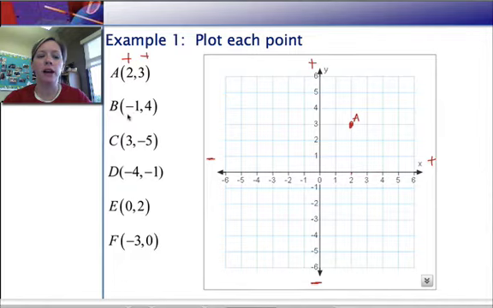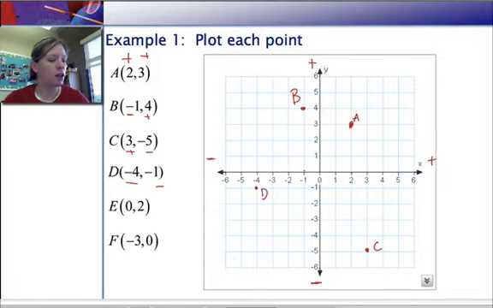To do point B, my x value is negative and my y value is positive. So that tells me that I'm going to go to the left one, but still up 4. So left 1 and up 4 gives me that point right there, B. C is positive and then negative, so that's telling me I'm going to go to the right and then down. So I'm going to go to the right 3 and down 5. And that's going to give me point C. The point negative 4, negative 1, they're both negative, so I'm going to go to the left and then I'm going to go down. So I'm going to go 1, 2, 3, 4, and down 1,